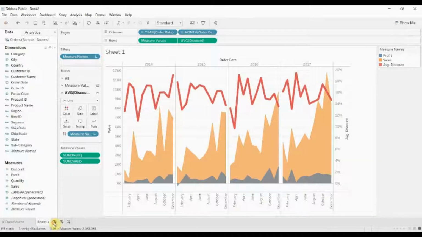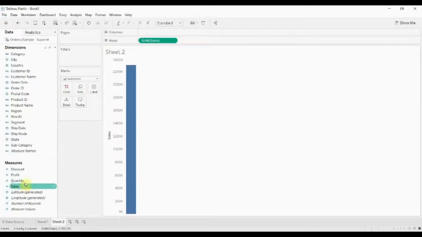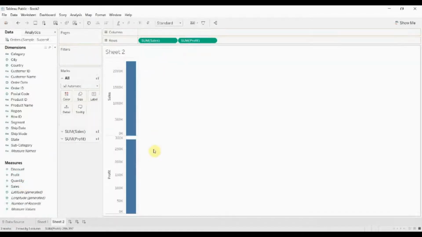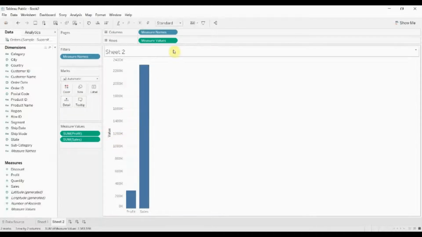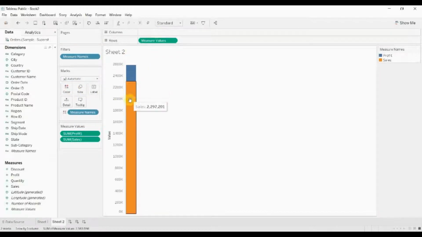So let's go ahead and open ourselves up a new sheet here, and then we're going to take both sales and profit. We're going to drag them over here. Now let's put them on the same axis there. So now we have both the measure values up here, measure names up here, profit and sales on the same axis. I'm going to take measure names and drag it down to color,